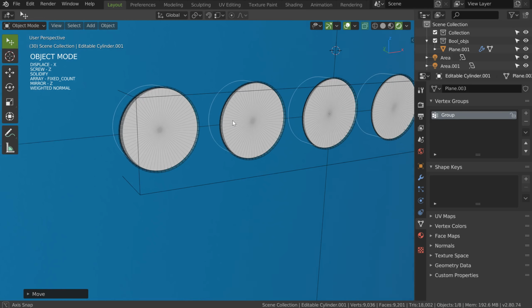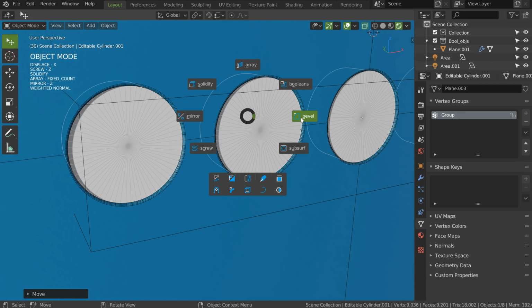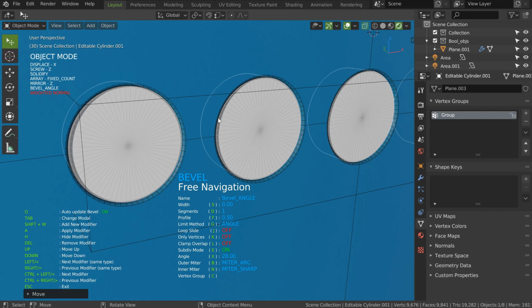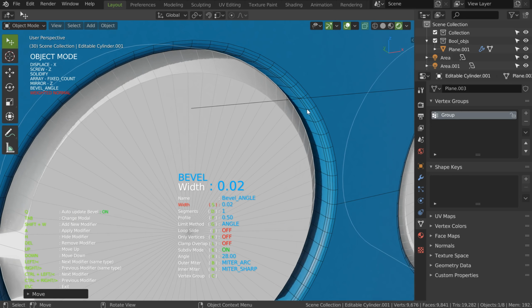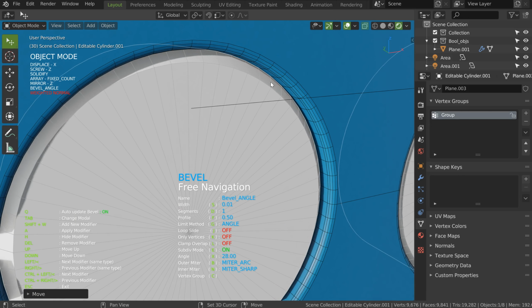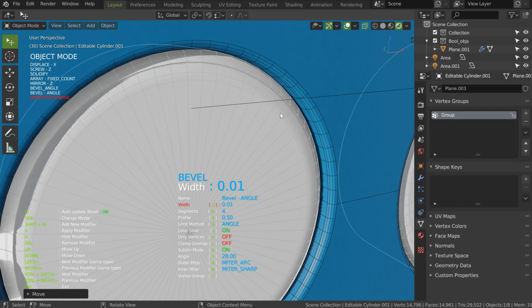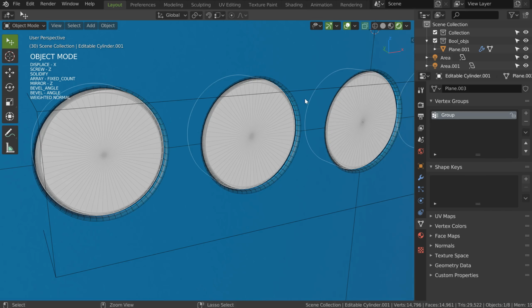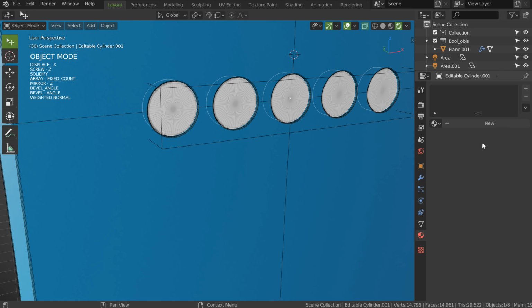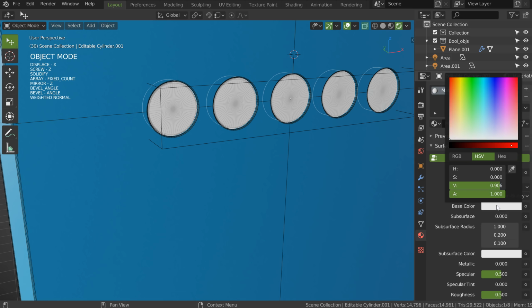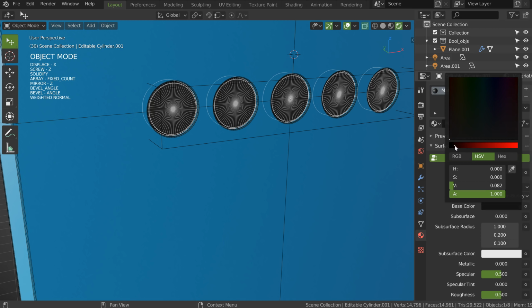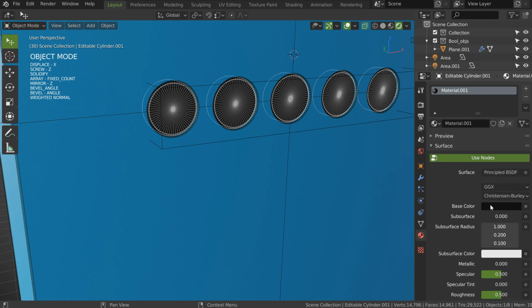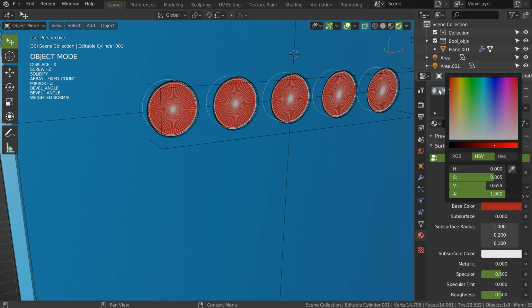What I want is to add a little bevel. Here, I will press D to have only one segment, like that, boom, and I will press Shift W to add another little bevel, okay? So I will exit. On this one I will create a little shadow, something black, or maybe red could be interesting. Let's see.